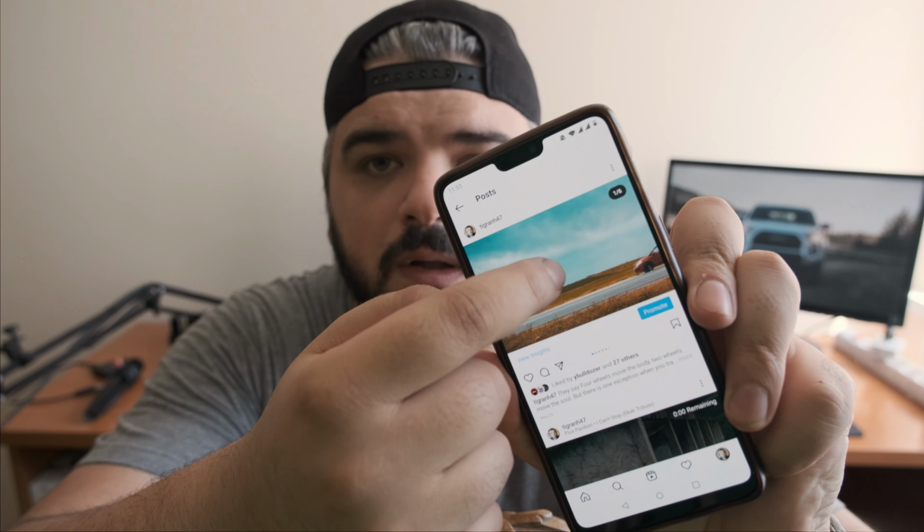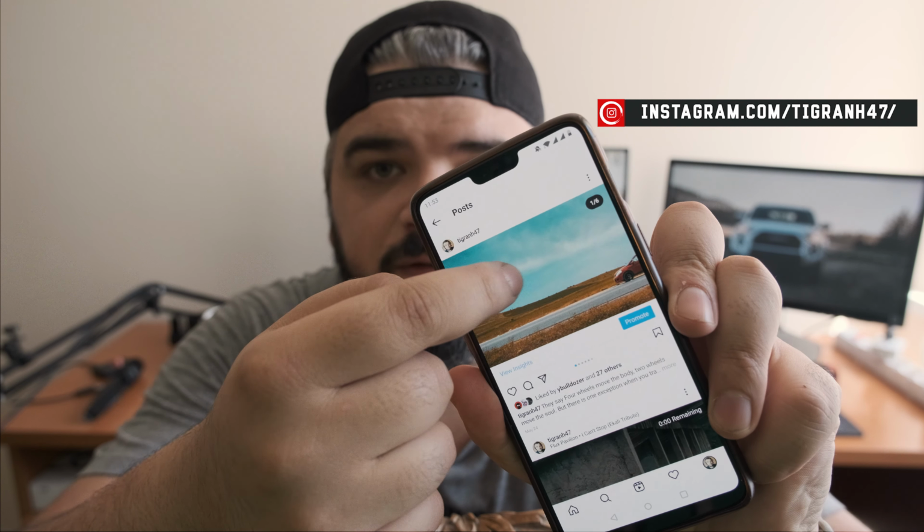Hey there, have you ever thought about that seamless multi-post, when you swipe and basically the same image continues itself? Let me show you an example here, like one of these things. So today I will show you how you can do it inside of Photoshop, and let's jump into it.